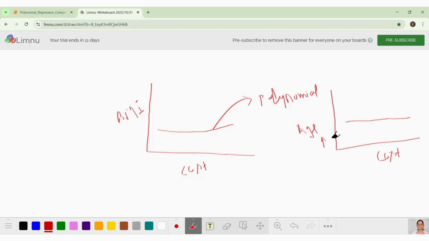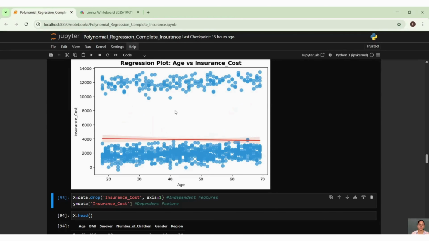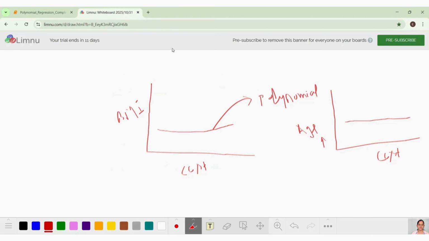And the same thing we are seeing here. Sorry, it should be the opposite. This should be cost and this should be age. If a person's age is increasing, the cost should be more for that person, or the person should be insured more, right?